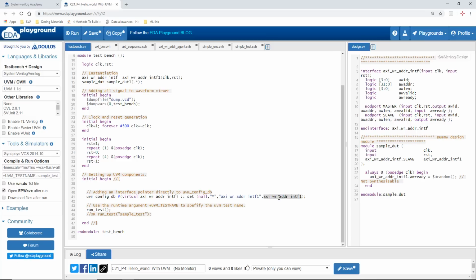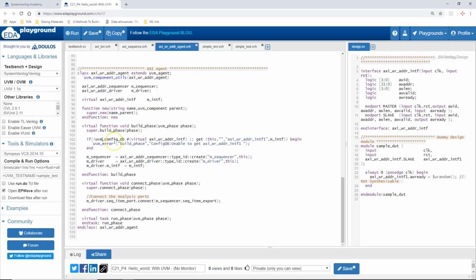So remember that this one is the interface instance in the top level module, which is getting passed into the DUT. Therefore, by adding this interface into the configuration with this name, and you can give a different name here, it's up to you. This is a string, just a name to identify this configuration. So by adding this into the config db, I'm passing a virtual interface connection into the config db. Now, if you remember from the agent class,